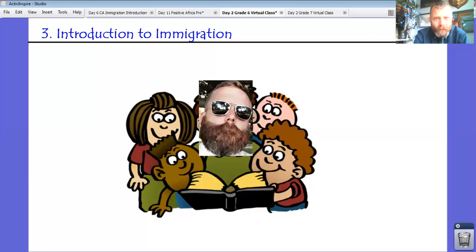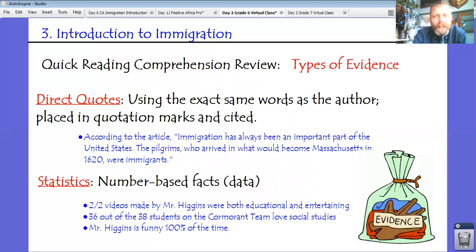It's now on a Google Doc, and you can open that up or print that out however you want to access it. Your task today is going to be to complete the fact check that goes along with that reading comprehension exercise. But before we do that,